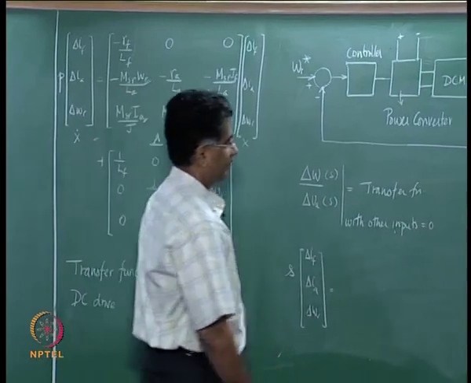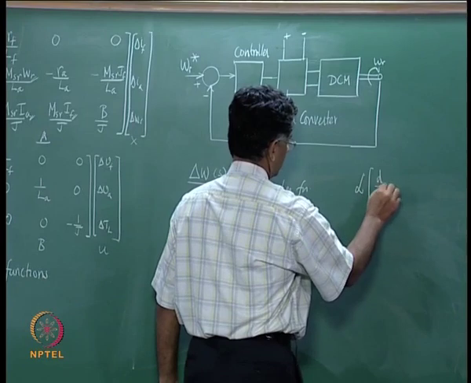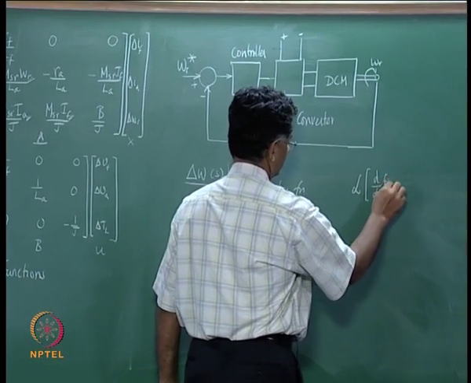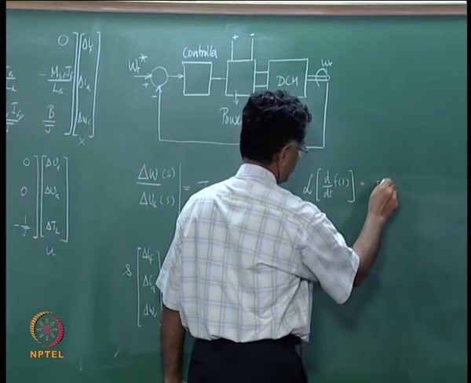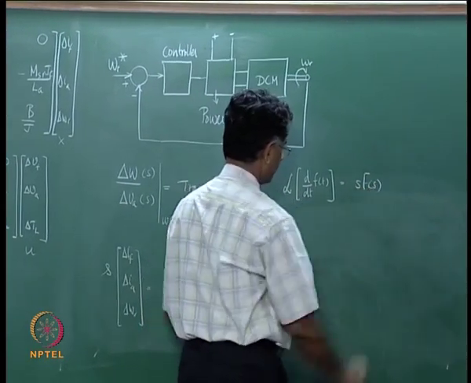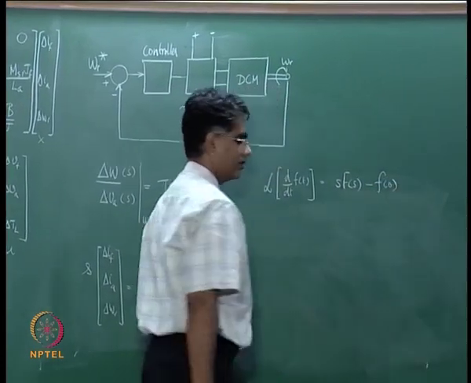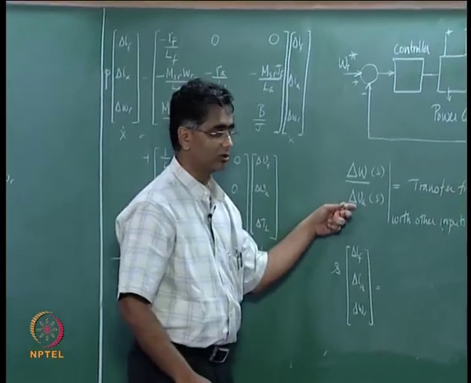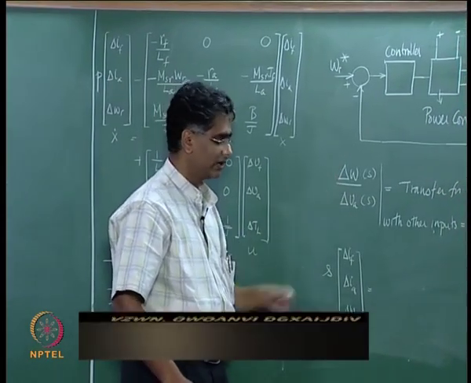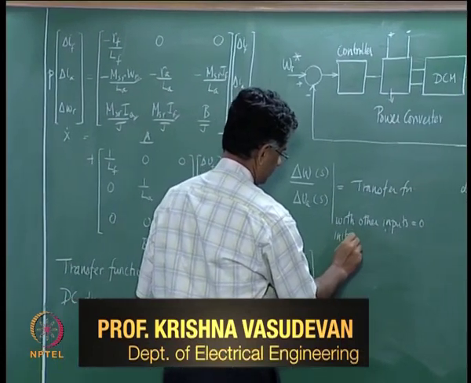You must remember that the Laplace transform of the derivative of a function f of t is given by s times the Laplace transform of the function, F of s, minus f at 0. And why are we not including that f of 0? We also suppose, while arriving at this expression, that